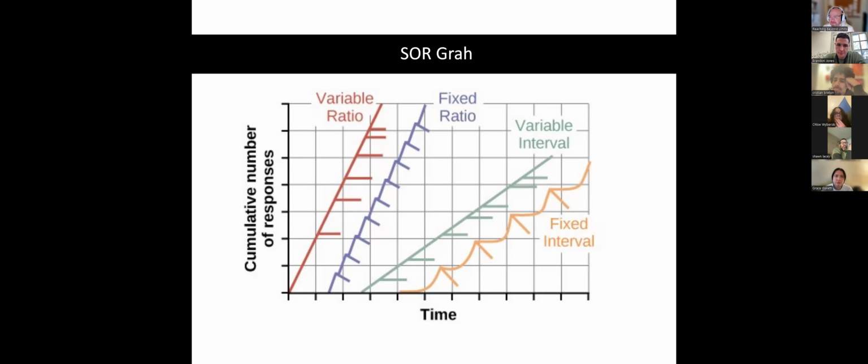And think about how that would affect our responding. Maybe it's the next one. Maybe it's the next one. So it gets us very motivated to want to complete this behavior because maybe that next pull on that slot machine is going to pay out. So it produces the highest rates of responding. And like I said, a lot of the behaviors that naturally occur through our interactions in the environment, that a lot of us engage in, are on this variable ratio schedule.